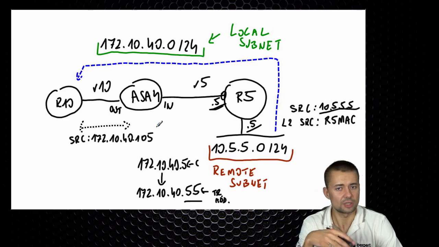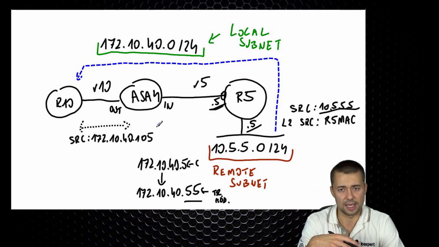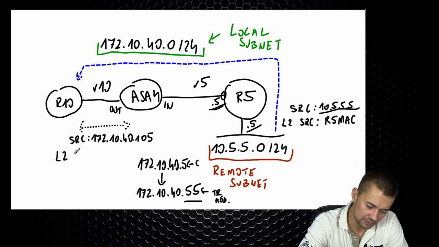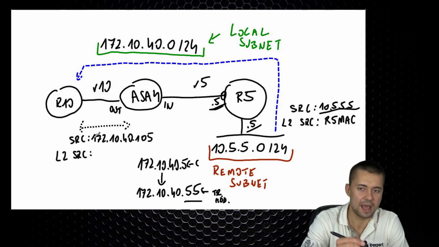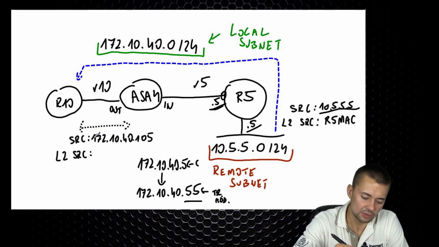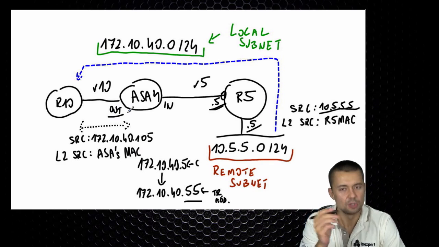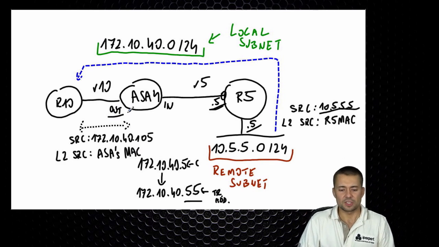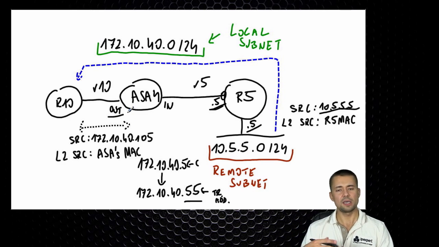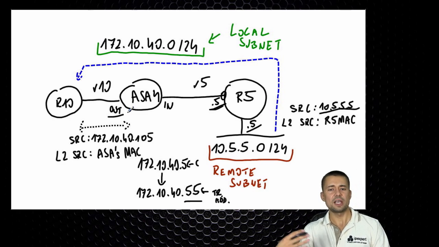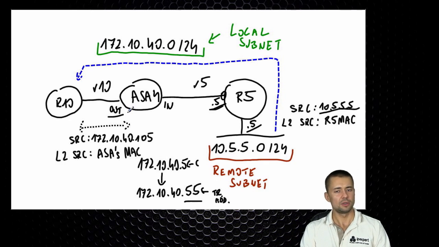But in addition, what the ASA is going to do is recompute the checksums, because the addresses have changed at layer 3, and it is going to re-encapsulate the frame with a modified MAC address in the source. It is going to basically change it to be the ASA's MAC address, in this case the MAC address of the outside port. So normally if this was a layer 3 device, as I said previously, when you do the translation on that type of box, the changes done at layer 2 are not part of the NAT process. They are part of a regular